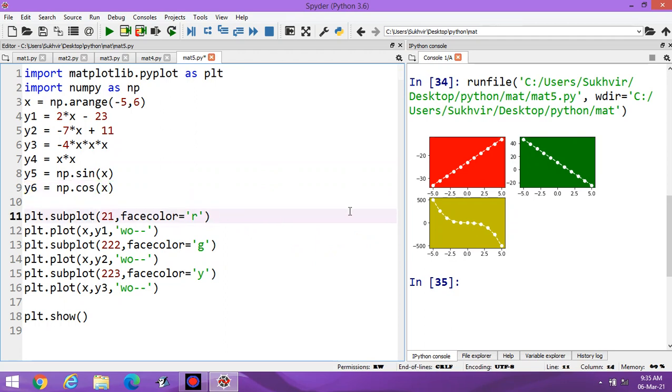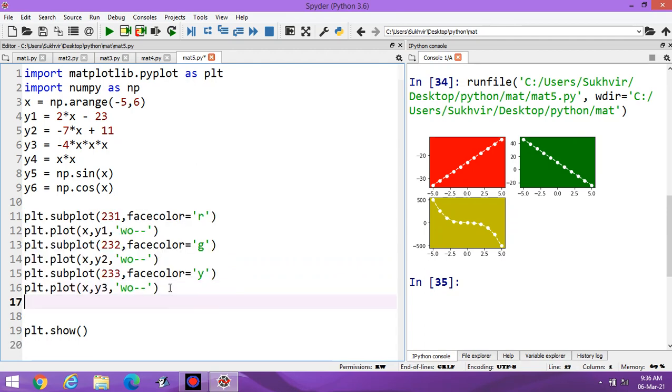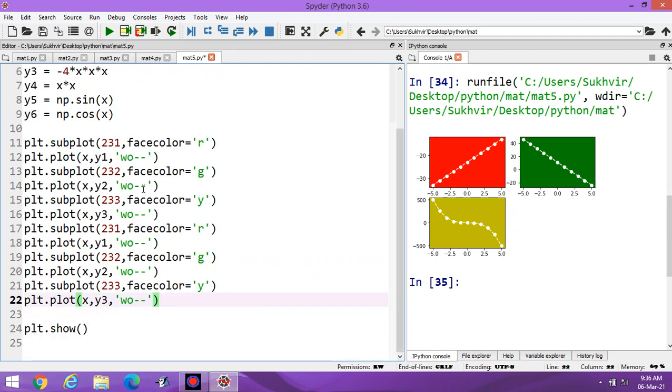Suppose 2 rows and 3 columns are required. You can write like this. You can copy the content and paste here. Here you can change y1, y2, y3; you can write y4, y5 and y6. Here also you can change to 2, 3, 4, 2, 3, 5 and 2, 3, 6.